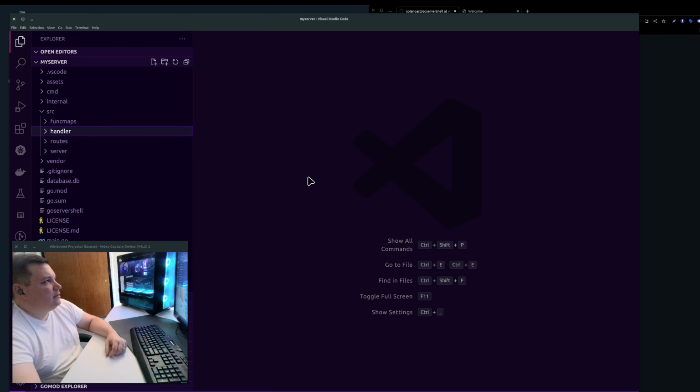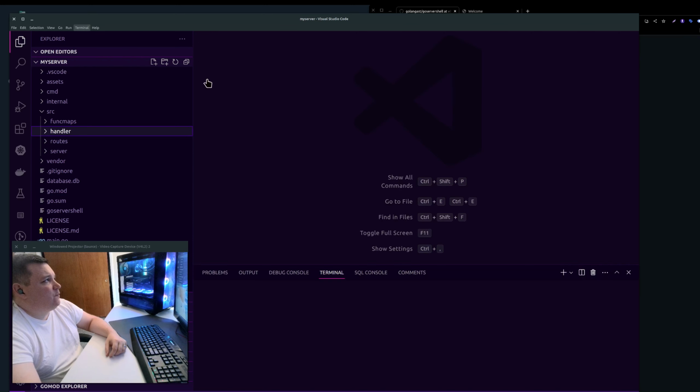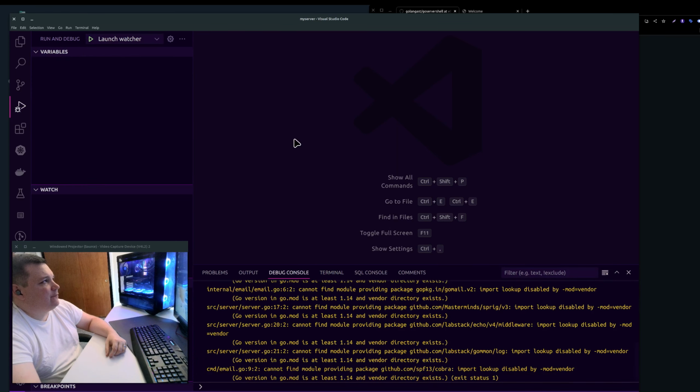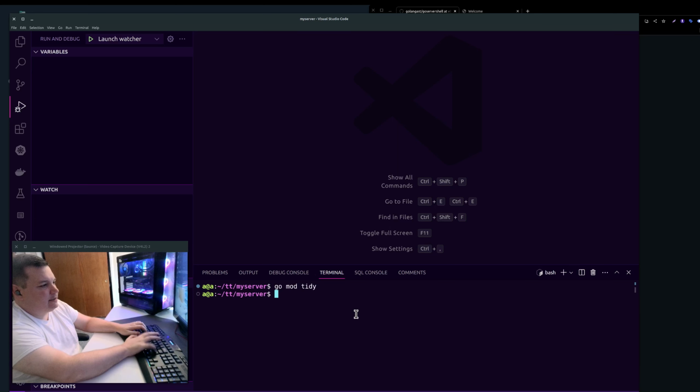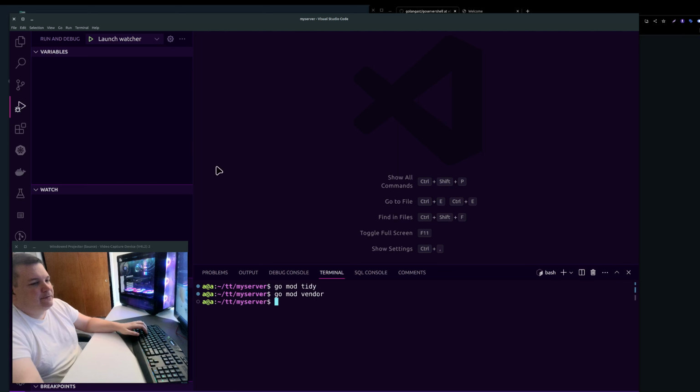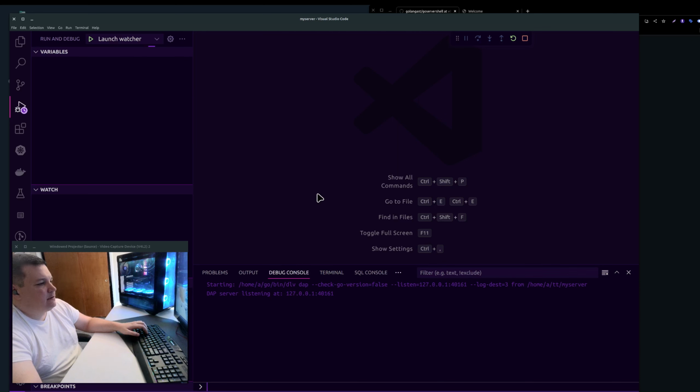So basically, if you want to test it, it has the VS Code stuff in it. So if you wanted, you can just run the launcher. Oh, yeah, I got to pull down the stuff first. That is right. So you basically have to do go mod tidy, go mod vendor. That should pull it all down. So that way when we run it with the debugging,